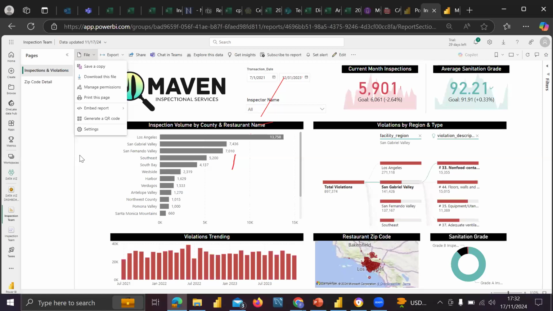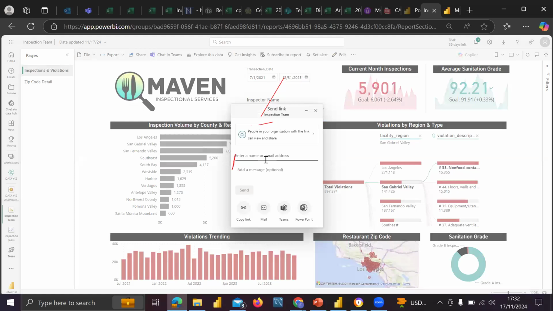You can just give them access to your workspace, or if you don't want them to have access to your workspace either, you can just share from here. You click on share, then within your organization you can just say, okay, I want to share to Olaitan, my colleague. You click on share, then click on send.